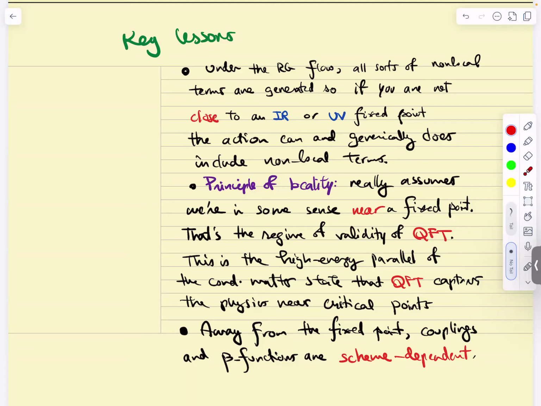Think no, you just do the calculations and you find that there will be non-local terms that appear. What is interesting is that these non-local terms are going to be scheme dependent. They're going to be related to the K function that you picked. And one of the lessons is that when you take the limit of the K function becoming a short momentum cutoff,